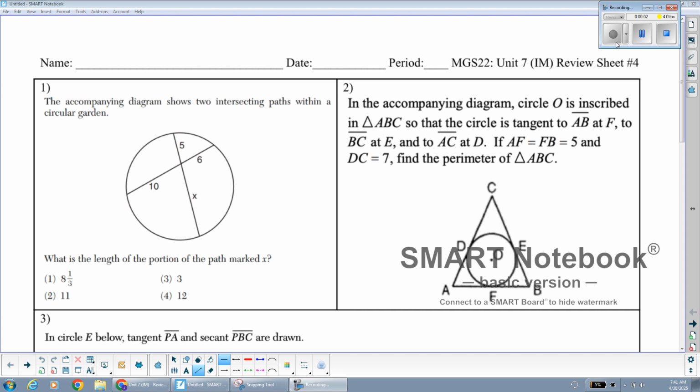Question number one, we have intersecting chords, and notice how the measurements are on the segments. So we're talking about segment lengths. We're not talking about arcs or angle measurements. Since we're talking about the segment lengths of inside segments inside the circle, intersecting chords, we're going to use our